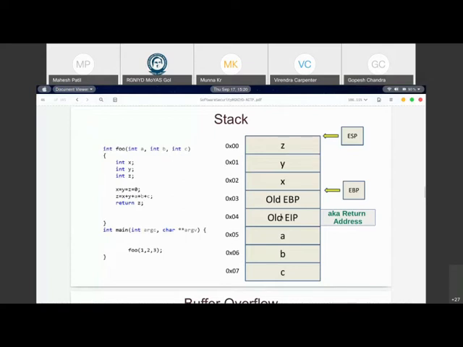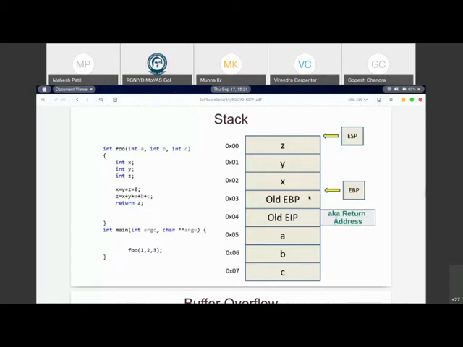Once you put those variables onto the stack, after foo finishes its execution, it has to come back to the main function. So how does it come back to the main function? It holds that information in the return address. On the stack itself, it holds the return address for that function, immediately after you put the parameters.